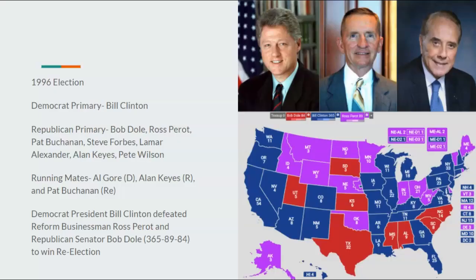In the 1996 election, Bill Clinton runs unopposed in the Democratic primary. Ross Perot decides to run again before, you know what, I'm going to stick with this party, the Reform Party, which he wins the nomination of, clearly. Pat Buchanan runs again, but of course he also drops out, and you'll see why later. But Bob Dole gets the nomination, even though a lot of people wanted Perot, Buchanan, or Forbes. None of that played out. But of course, Alan Keyes would be Bob Dole's running mate, as well as Pat Buchanan being Ross Perot's running mate, which is why Perot does so well in a lot of these races.